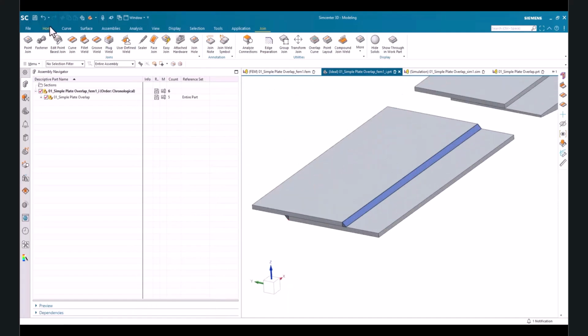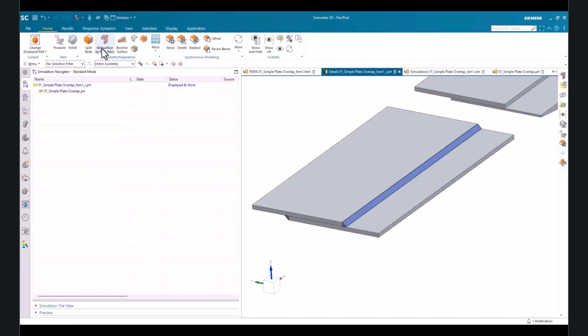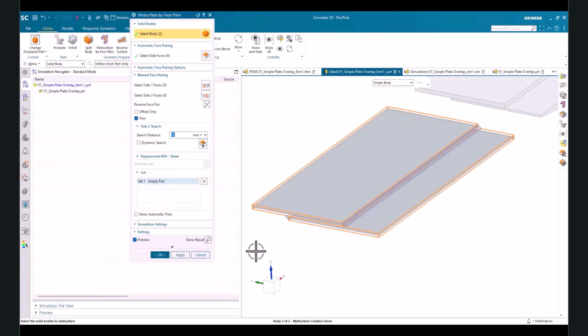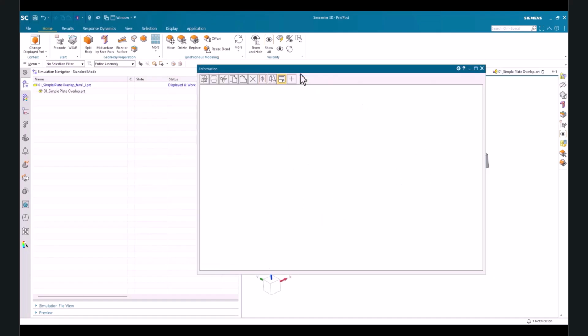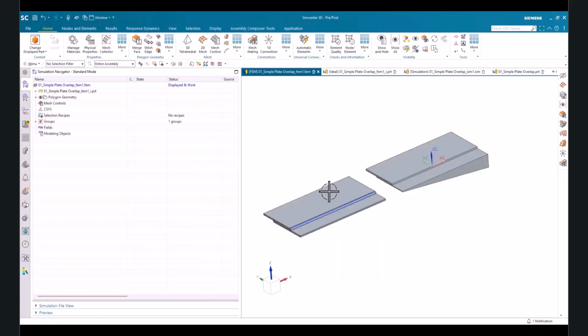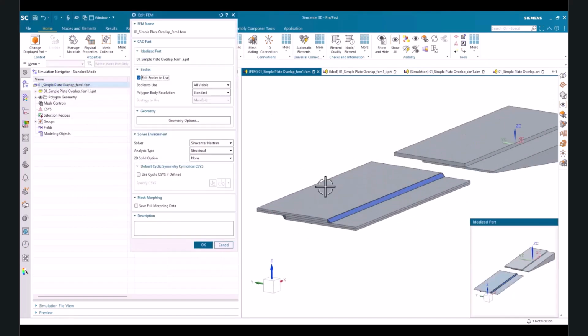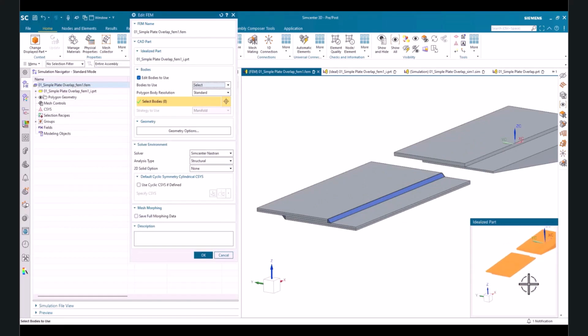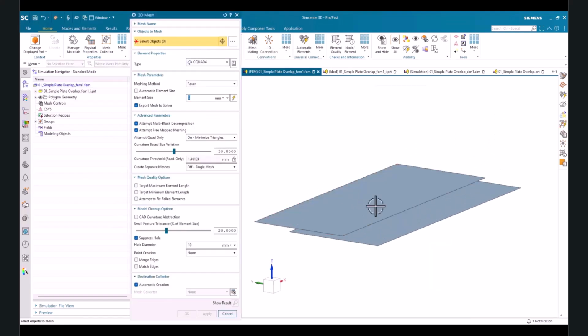Now later on, once we create the mesh and create our seam weld, this information from NX Join will be automatically transferred to the connections that we create. So here I'll apply mid surfaces to the plates and then bring them into the FEM. Next, I'll create a 2D mesh and apply them to the mid surfaces.